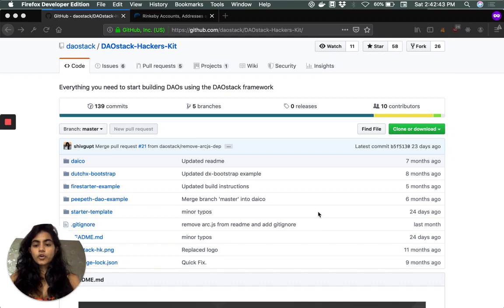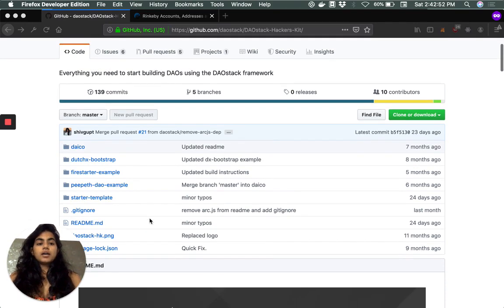Hey guys, so in this video we're going to deploy a DAO to Rinkeby testnet using DAOstack's HackerKit. So go ahead, clone or download the repo. I've already done that and I'm in the project root, from where I'm going to go to the starter template example